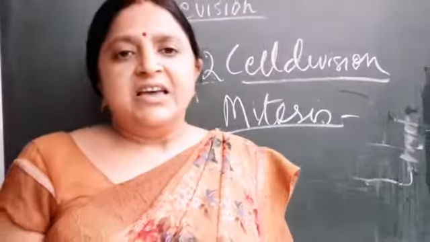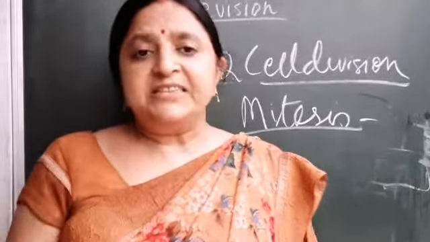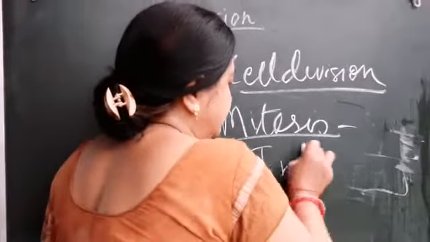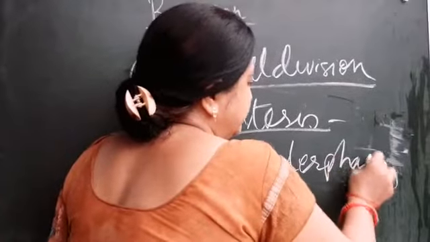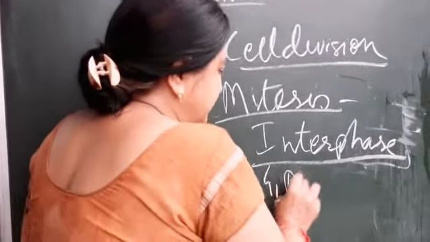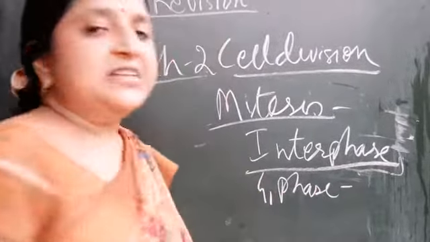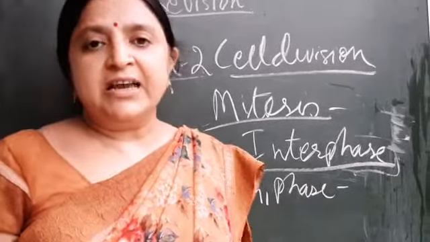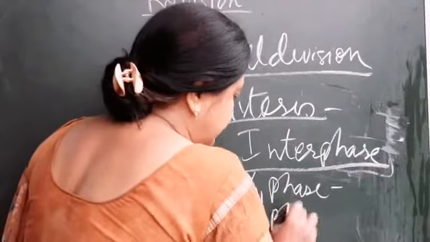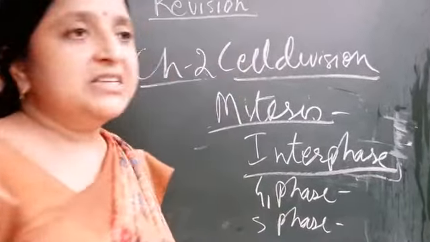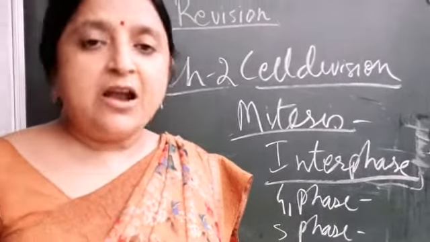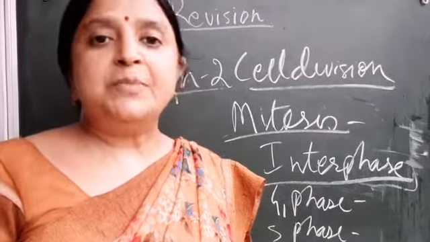Mitosis cell division has some phases in it. The first phase is the interphase. Interphase is divided into 3 steps. The first is the G1 phase. In the G1 phase, the cell grows in size, and nothing else is done, only the cell grows in size. Now the second phase is the S phase. S phase means synthesis phase. DNA is synthesized in this phase, and it is synthesized by its replication.